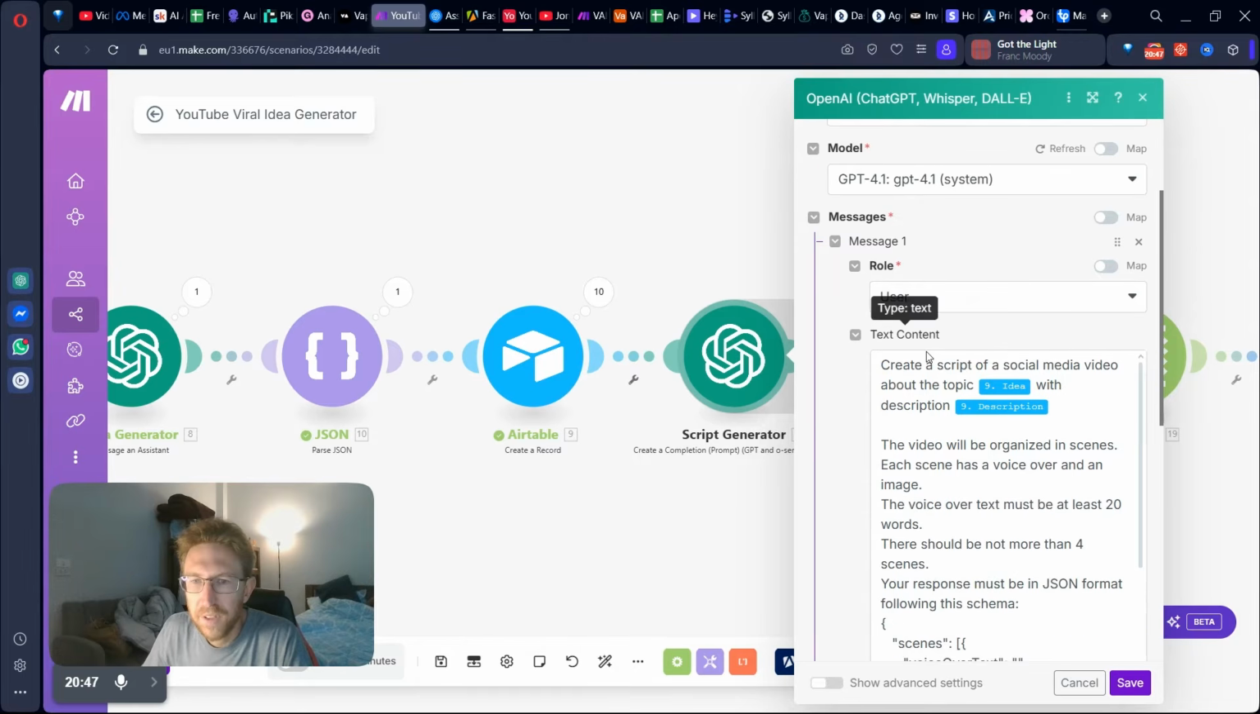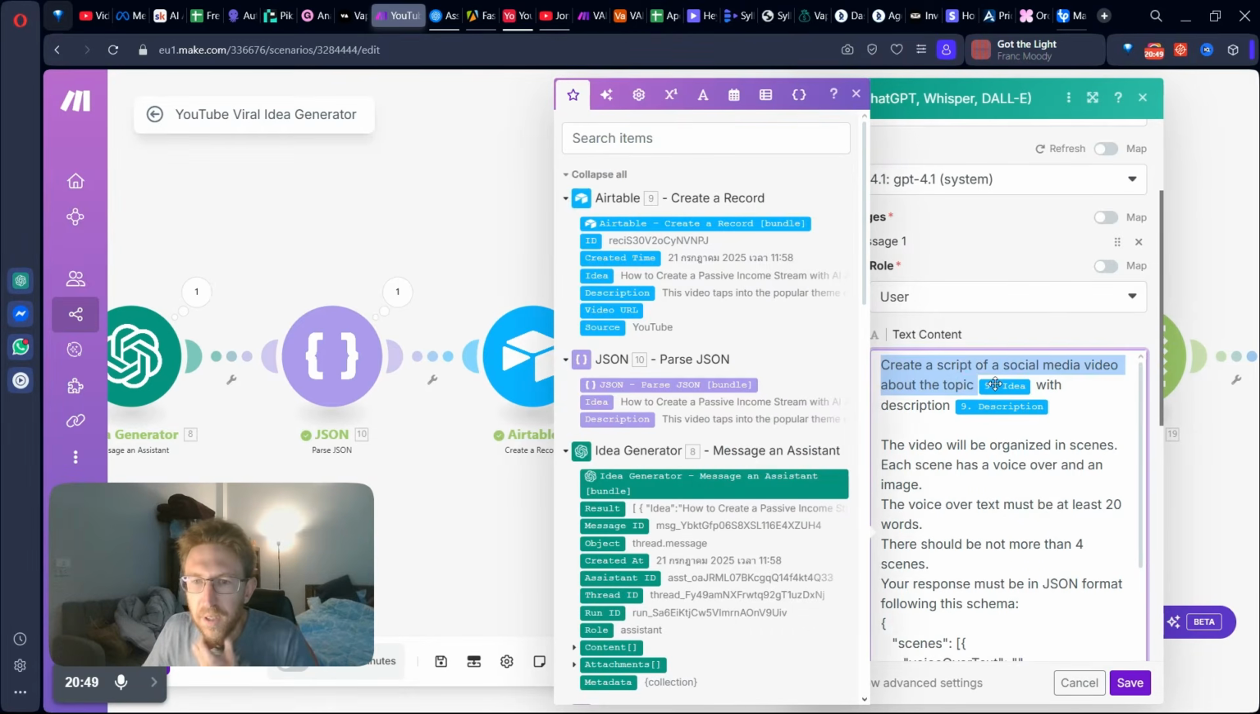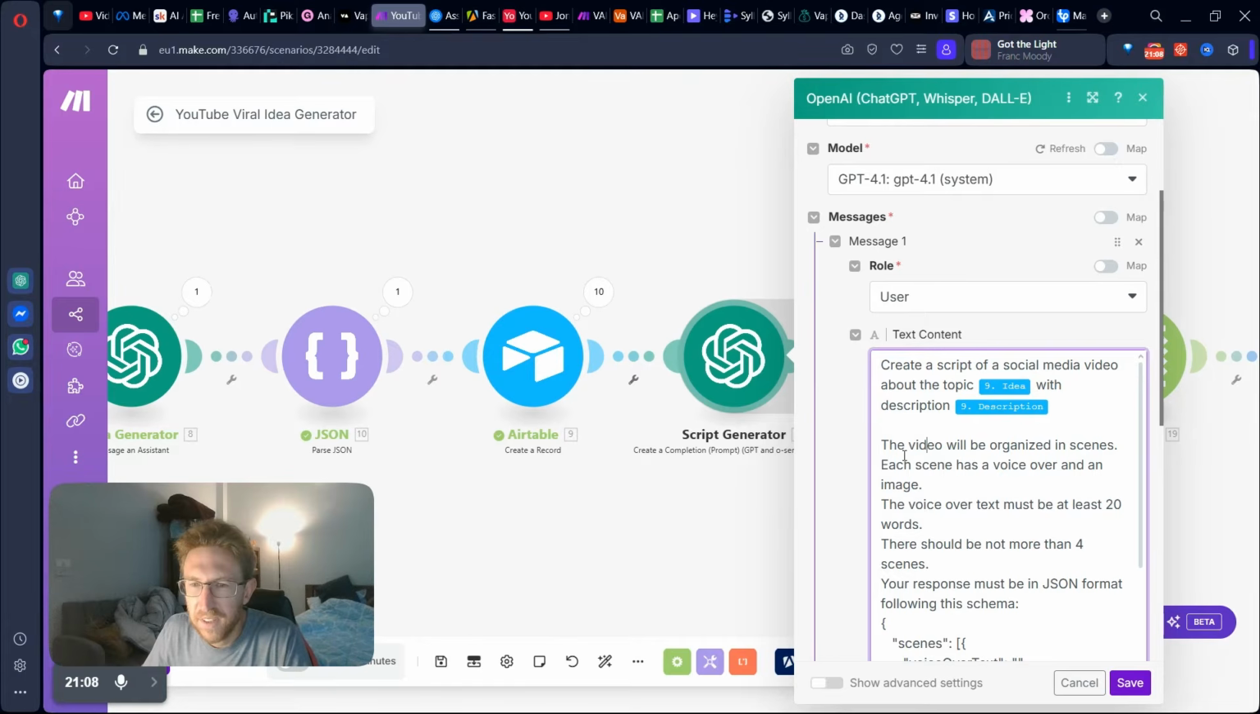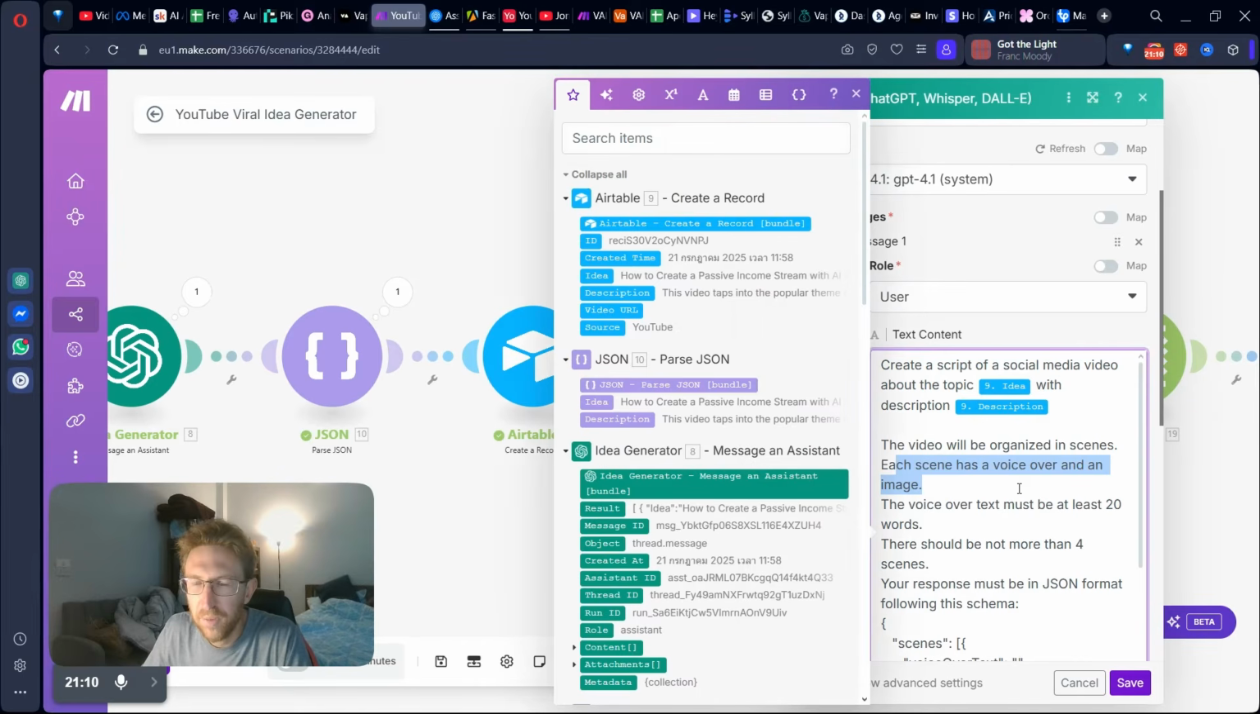And the role is going to be user, and here's the prompt. Create a script of a social media video about the topic, and then we're passing in the idea from Airtable with the description, and then we're passing in the description from Airtable. This one's a bit long, but you can see here, the video will be organized in scenes. Each scene has a voice over